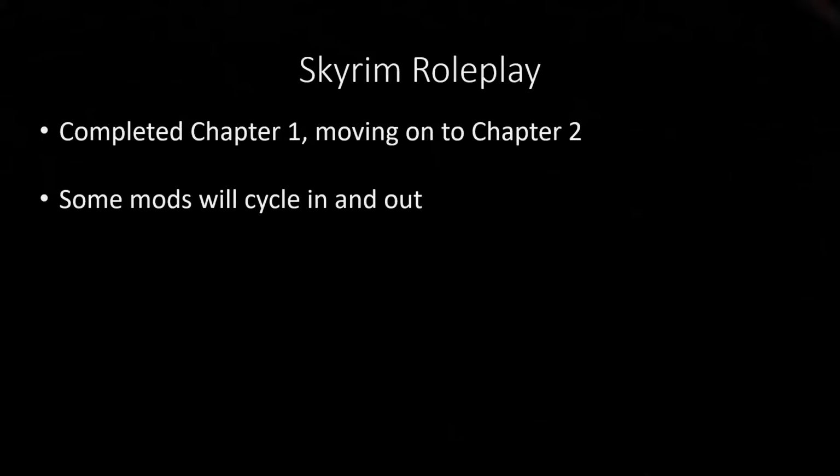For instance, I have, I believe it's called Sewers of Skyrim mod installed, and I'm 99% sure it doesn't add any unique stuff into the game. But if it does, then it might end up sticking around for a little bit longer. Essentially, I have that installed for when we do a Thieves Guild playthrough or the Dark Brotherhood quest lines, we'd be able to use the sewers to get in and out of the city. I plan on, for that, always having a high bounty on my head, or a small bounty that just goes up a little bit each and every quest that we do, and I'd be merging those 2 quest lines into a single chapter. And it would only be in the major cities, nothing in the smaller minor cities, because